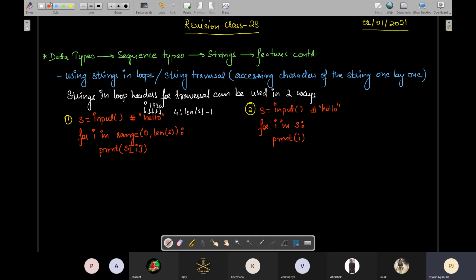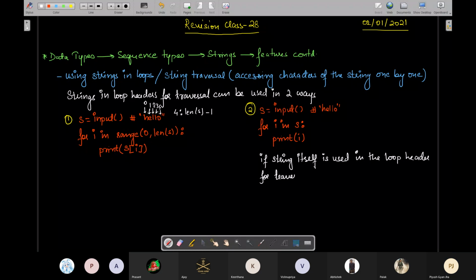Now what is the difference between the first approach and the second approach is when you write s, ठीक है, so I'll write here in comments or somewhere below. If a string itself is used in the loop header for traversal, then the list generated,